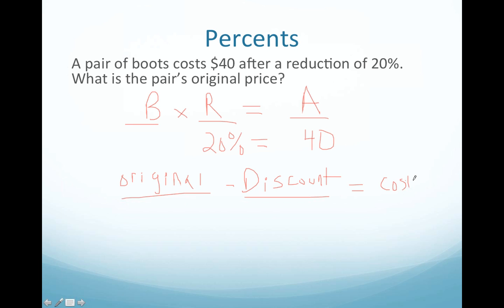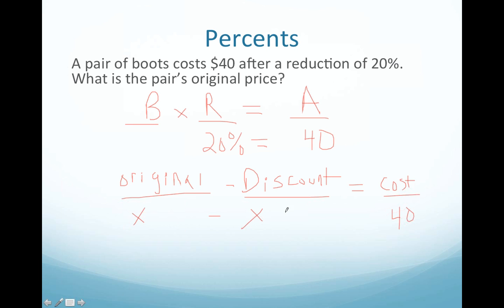Okay, so let's see. My cost is $40. My original price, I don't know, so I'm just going to call it X. And then I'm going to subtract the discount. The discount can be found by saying